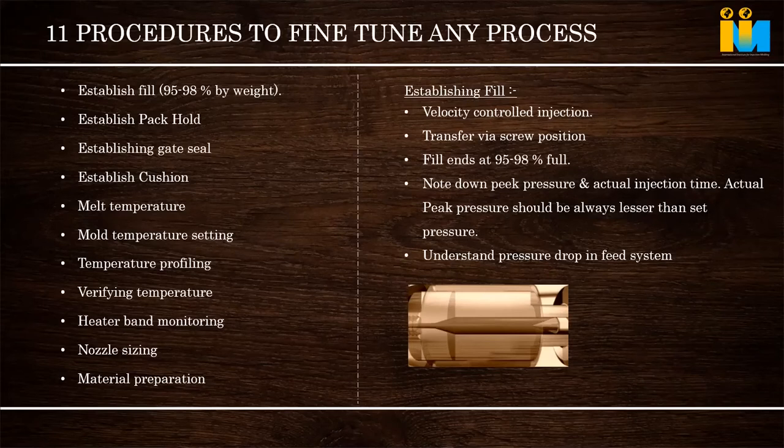So normally we keep a cushion of some 5 to 10% of the part weight, or 6 mm. If the cushion is too small, again there is a problem, the pressure will not transfer properly. And if the cushion is too big, again there is a problem, because when we give pressure with the screw, the material just compresses, it will not go forward. With too big a cushion it just gets compressed and is not effective. So an optimum, adequate amount of cushioning is required.